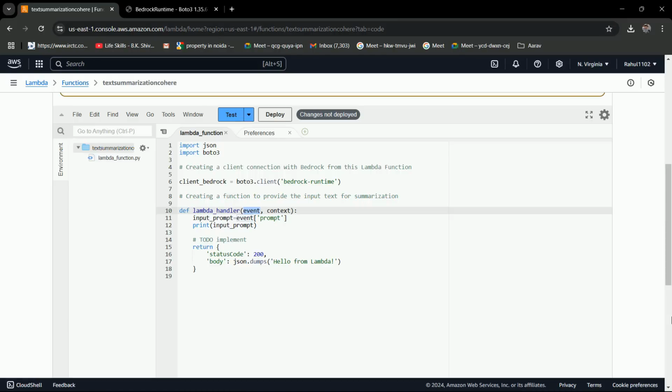So we have just created a Lambda function, and in the Lambda function you can see we have two parameters, event and context, and with the help of this command we are just trying to pass input data to this parameter, that is event. So how can we do that? Just click on deploy,